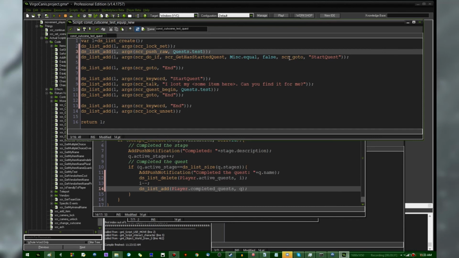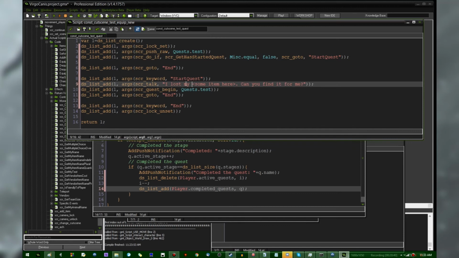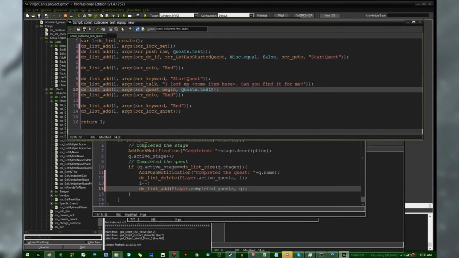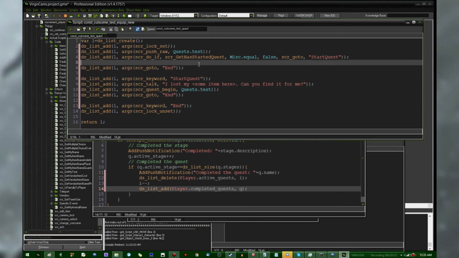All right, so if you haven't started this quest yet, then you're going to jump down to here, and you're going to tell the player that they lost some item, can you find it? And it's going to start the quest, and then it's going to jump to the end. And if you have started it, if you have the item,